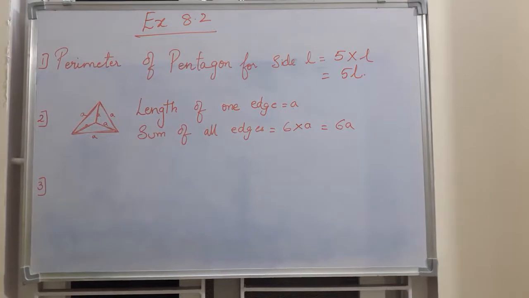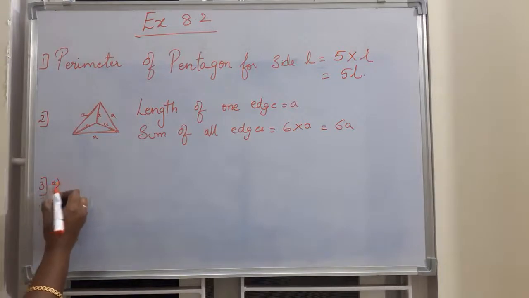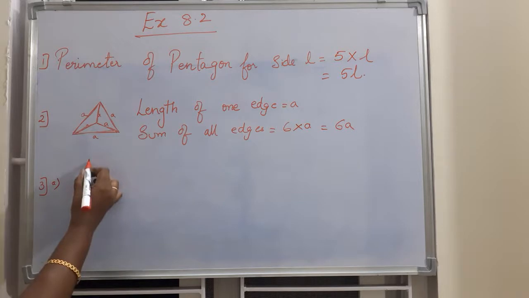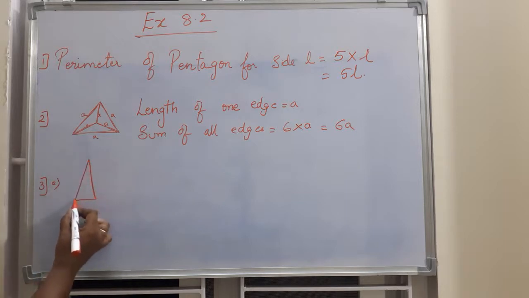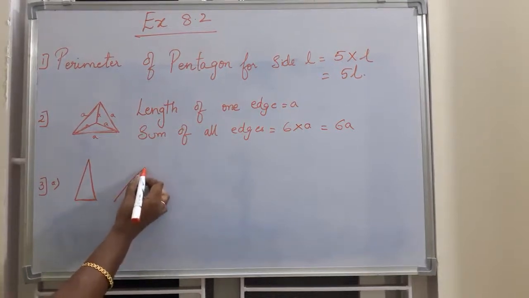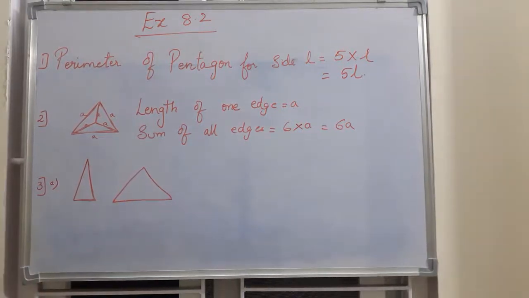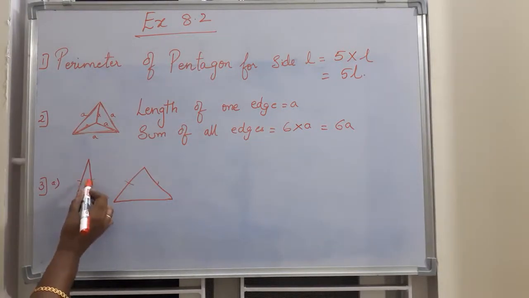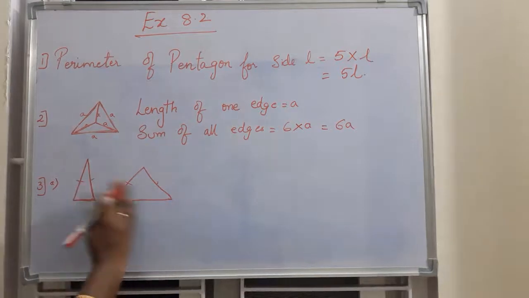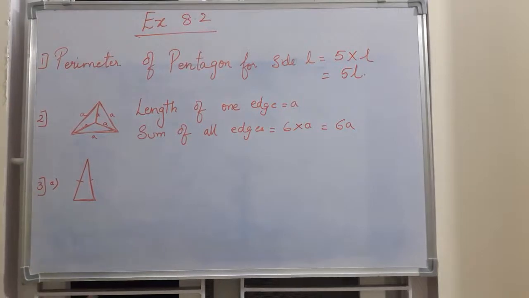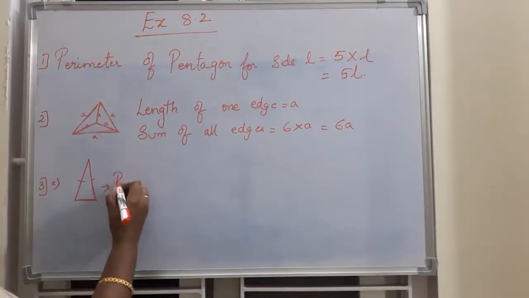So third one, write a general rule to find the perimeter of isosceles triangle. So isosceles triangle is a figure which has two sides equal and one unequal. Like the other one is like maybe a short one or maybe a longer one. So this also is called as a isosceles triangle, where you have two sides equal. This or this, anything can be called isosceles triangle. So I am just taking like this example. So if you want to find the perimeter of this, it is nothing but